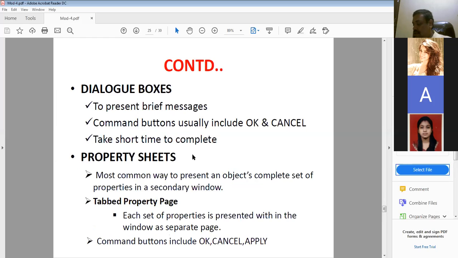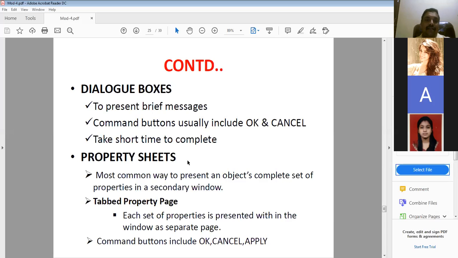Next, come to the dialog boxes to present a brief message. Command buttons usually include OK and Cancel. It takes a short time to complete. Next, come to the property sheets. This is the most common way to present an object's complete set of properties in a secondary window. In a tabbed property page, each set of properties is presented within the window as a separate page, with command buttons like OK, Cancel, Apply.